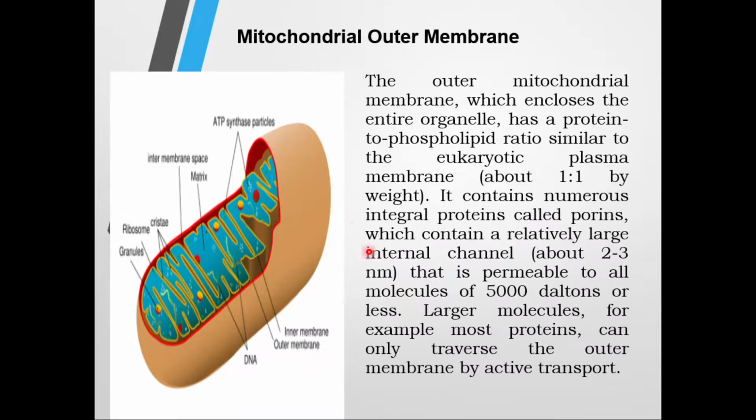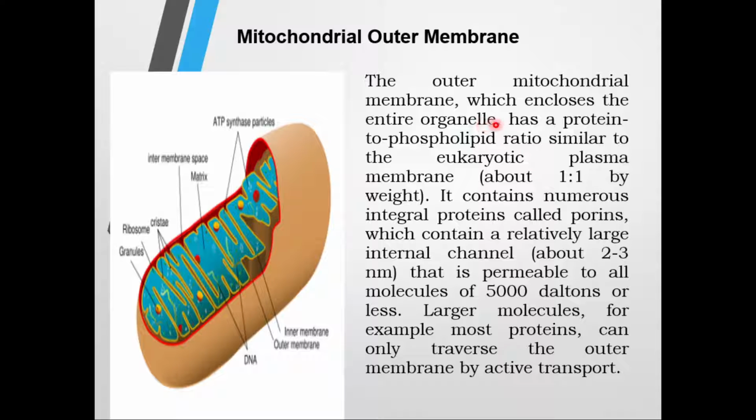Now mitochondrial outer membrane, we have studied all about the inner membrane. Now what is the mitochondrial outer membrane? The outer mitochondrial membrane encloses the entire organelle, this red color outline, and this is the outermost covering of mitochondria. So this is outer membrane which encloses the entire organelle, complete organelle को bind करके रखने का काम outer membrane करती है,